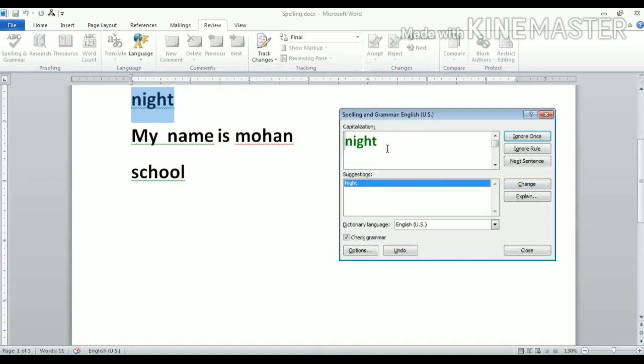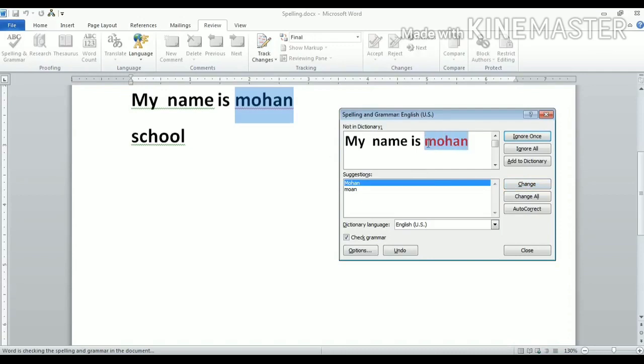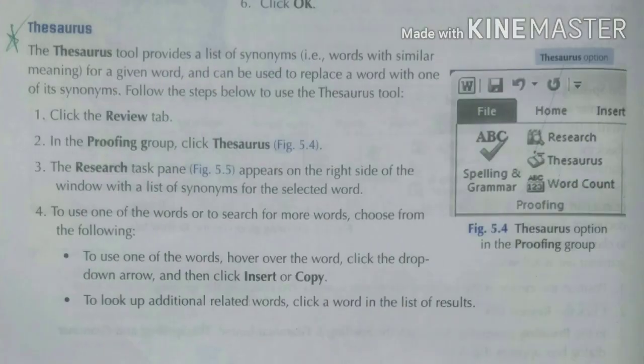After that, now if you see, it is coming in green color because the first letter should be capital in a word, but it is a small letter, so the suggestion given is a capital letter. When you change it, it will move to the next word. Here the next word is a name, and it is coming in red color, which means it is a spelling mistake. But if you don't want to change the spelling, you can click on Add to Dictionary, or you can just ignore it.